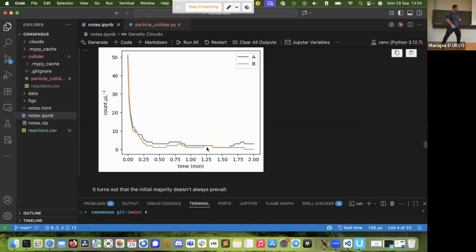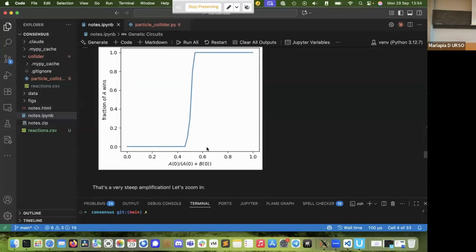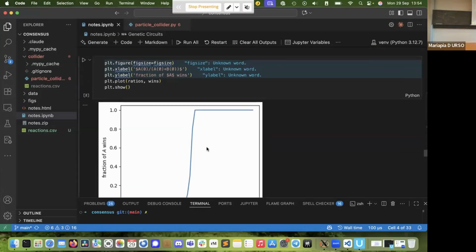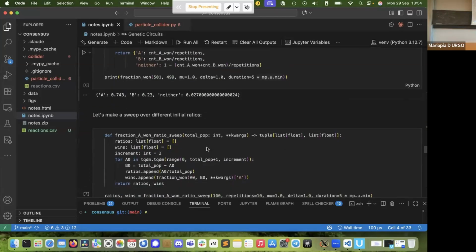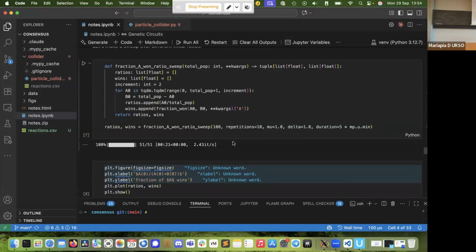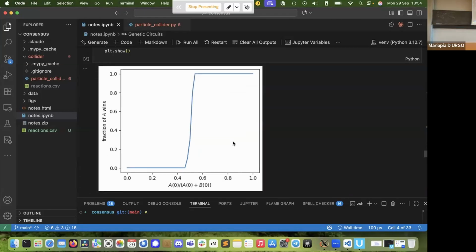And this is the graph that I showed you here. This is exactly the probability graph. So on the x-axis, let me check for which total number n it is plotted here. I don't recall. Yeah, so we are sweeping here the ratios, with a total of 100. So the total population size is 100. And here's the fraction of those being A. So this is 100 being A and this is 0 being A. And this is the probability, or here it's actually a fraction because we are doing repeated experiments, of A